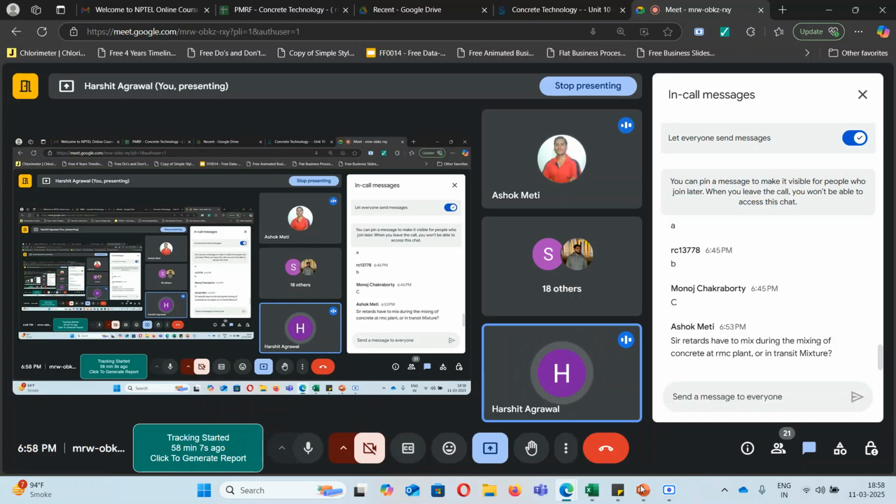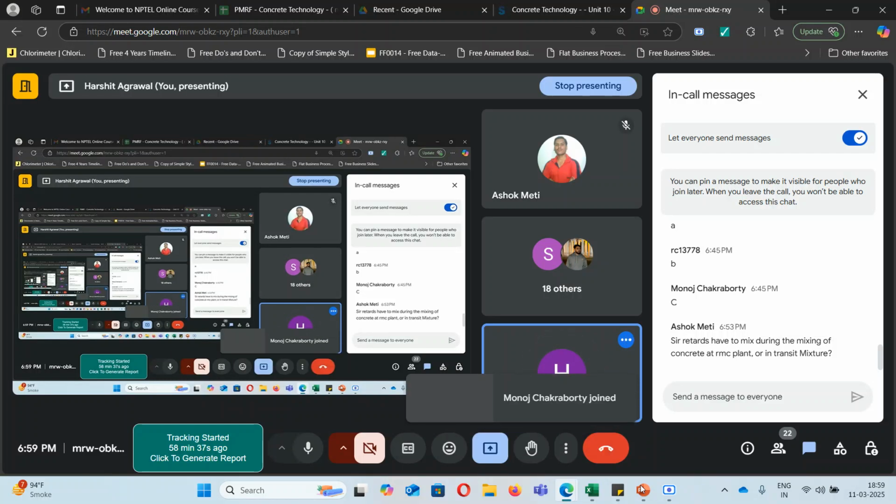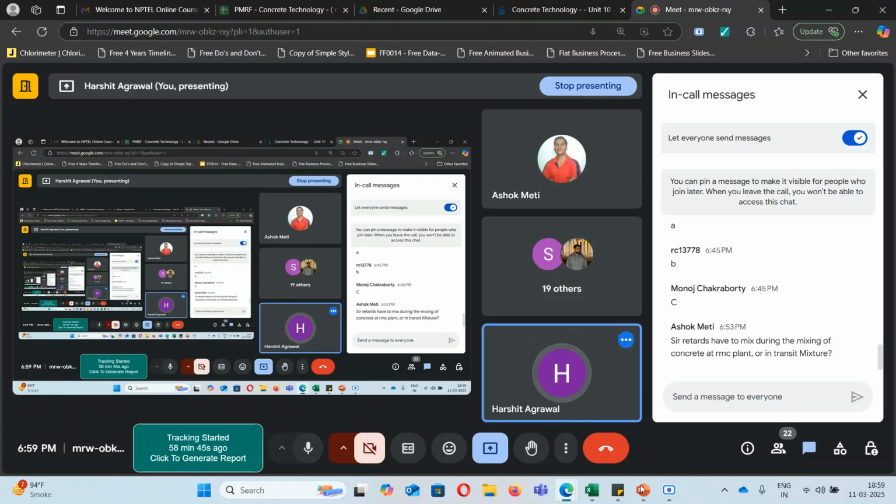Retarders, yes, they can avoid. RMC is generally like it depends. It depends upon the transportation distance also. Like we discussed three types of RMC: long distance, moderate distance, short distance. So in short distance, you can use retarder. It depends upon the site location, the external conditions, which type of superplasticizer you need. If the transportation distance is very short, then you won't face any issue of slump loss. Then retarder may be used if it is needed. Like when you want your concrete to set fast, then you need an accelerator, sorry.